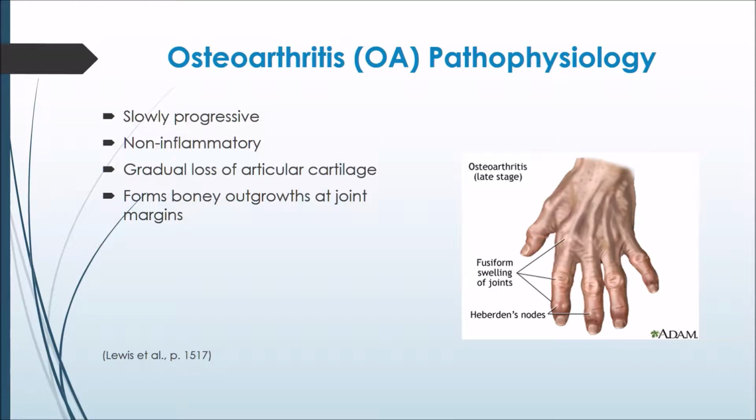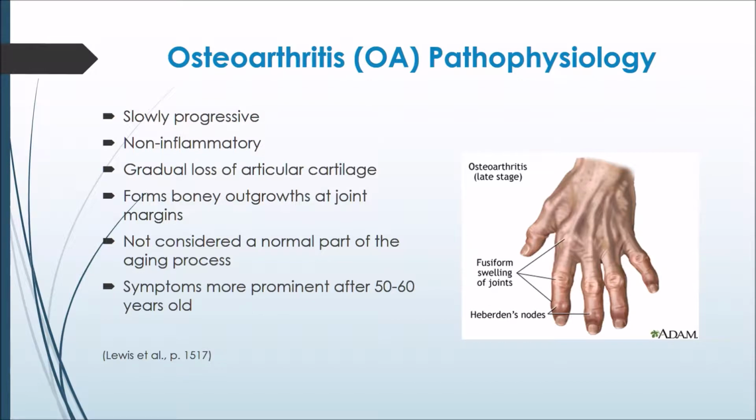Symptoms are more prominent after 50 to 60 years old, and the causes include trauma, mechanical stress, inflammation, joint instability, neurologic disorders, skeletal deformities, hematologic or endocrine disorders, and certain pharmaceutical drugs. As you can see, the picture on the right shows late-stage osteoarthritis, and you can see how deformed the hand